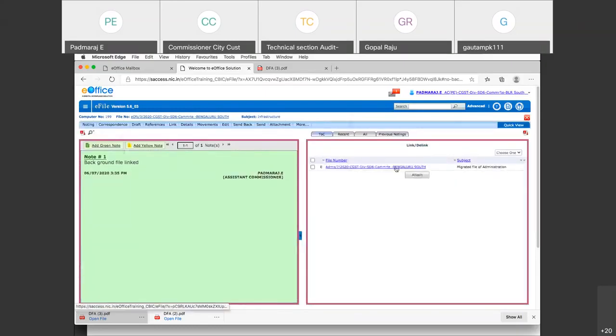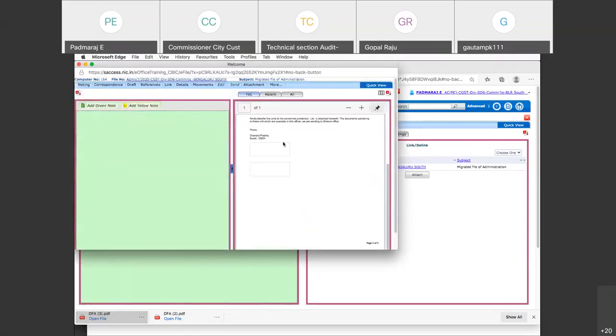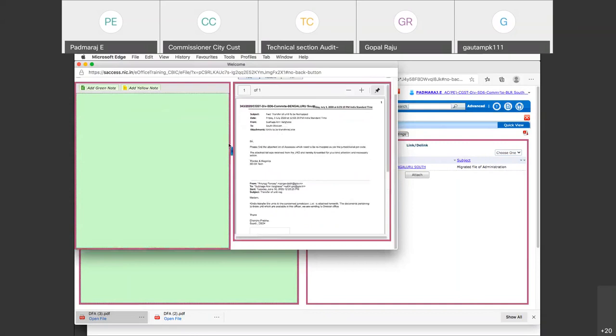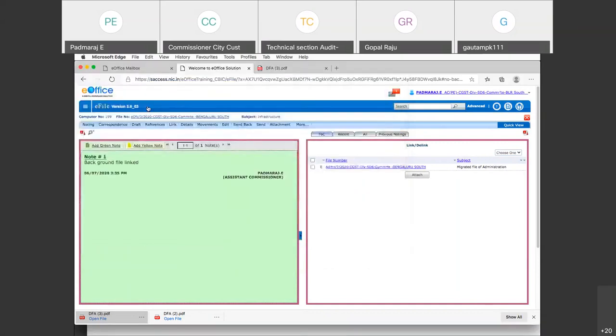Now you can see this file. You'll open it here as a preview. So that entire file will be previewed. Okay. So this is the difference between linking a file and